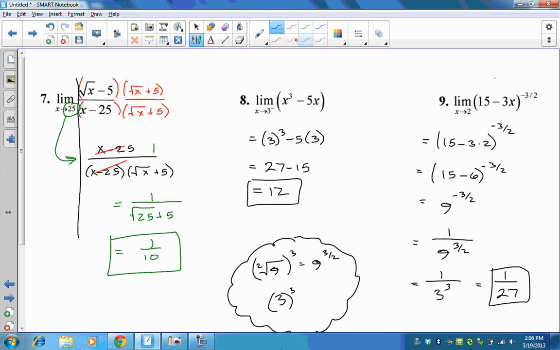You can do the cube first, or do the root first. So 9 to the 1/2, the square root of 9, is 3, and I still have that third power to deal with after the square root of 9. So there you go with